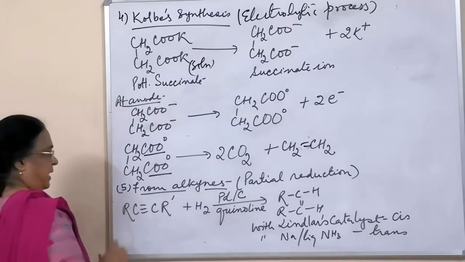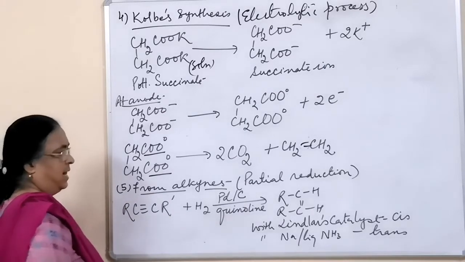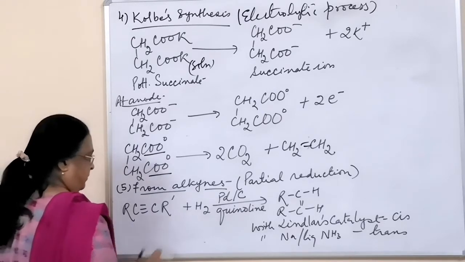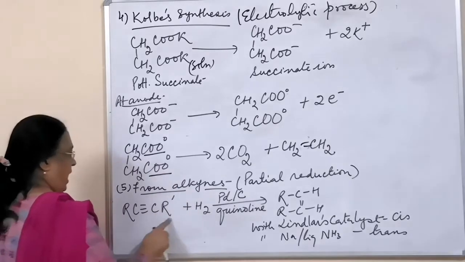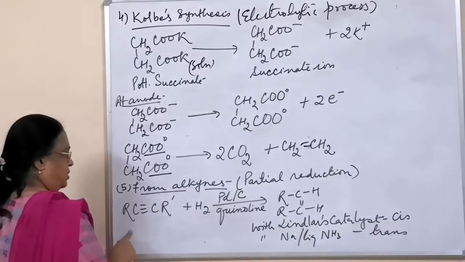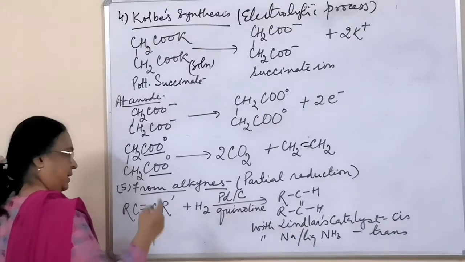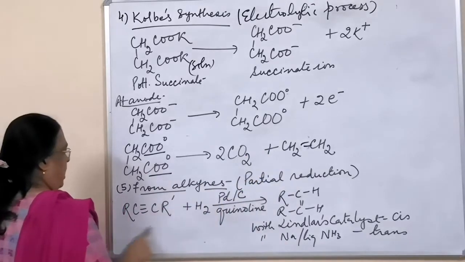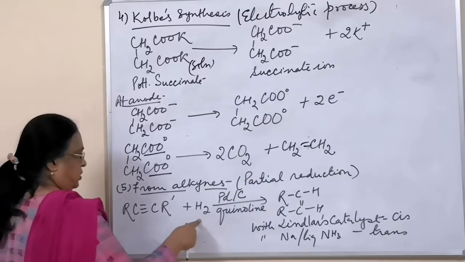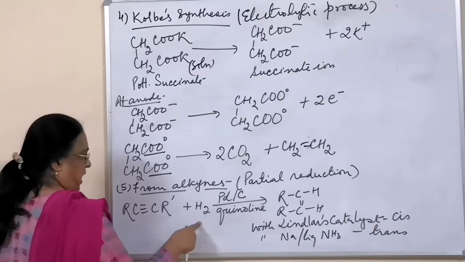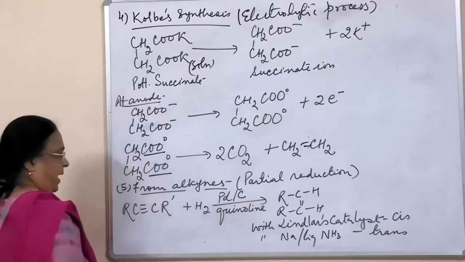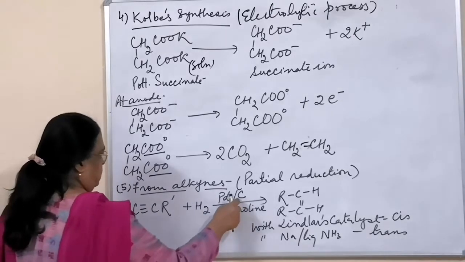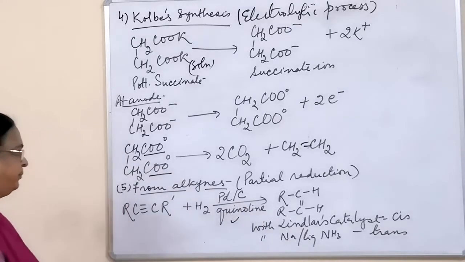Now the next method, the fifth method, is from alkyne. Alkynes, you know, are unsaturated hydrocarbons, but more unsaturated than alkenes. They have a triple bond. This method is for the preparation of higher alkenes, not ethylene and lower ones. So a higher alkyne is taken and reduction is done, that is, hydrogen gas is taken over palladium. Palladium is playing the role of a catalyst. This is a solvent used. This is charcoal that activates palladium.